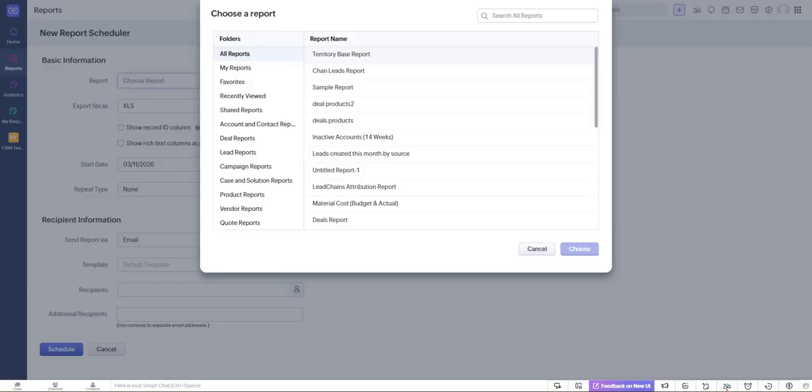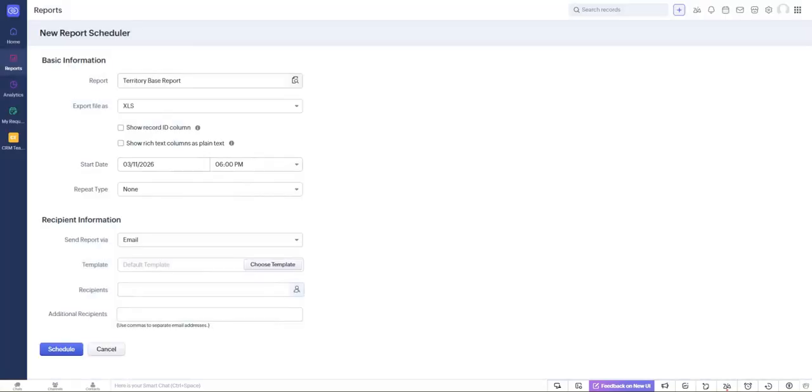For example, the previous report that we created, this territory-based report, I'm gonna click on it, and we're going to click choose, and then we're going to have here if we want to show the record ID columns or show rich text columns as plain text. You can check on it if you want to, but in our case, we're going to just remain as this one. And then here we're gonna have here the start date of our sending reports, where you can select here,